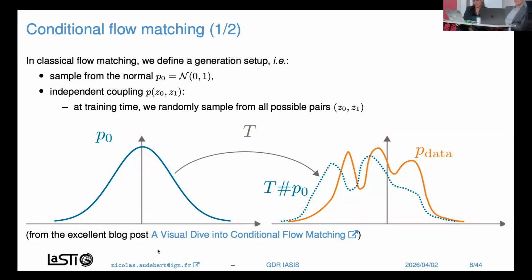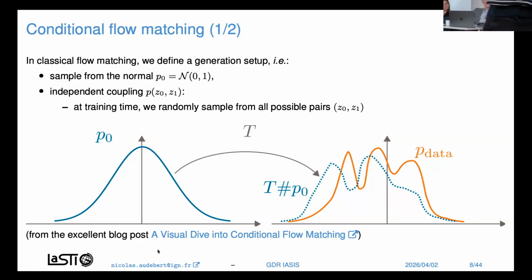So that's what we call an independent coupling, because if we don't know how to pair one observation from the source distribution to one observation of the target distribution, then we just sample across all pairs, and we hope that by averaging the velocities, it's going to work out, which it does in practice. So in the generation setups, this means that we are mapping Gaussian distribution to the data distribution. And then if you want to get a new observation, you can just sample from the Gaussian, you integrate across the velocity field, and it gives you a new observation, which is fine, but that's a little bit limited because,